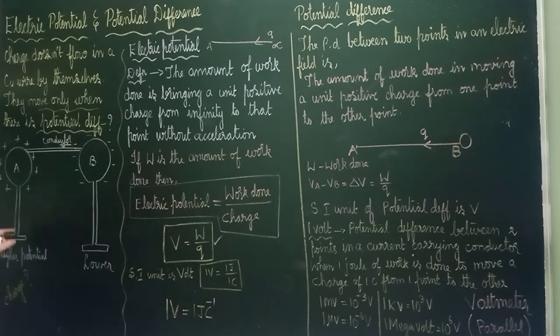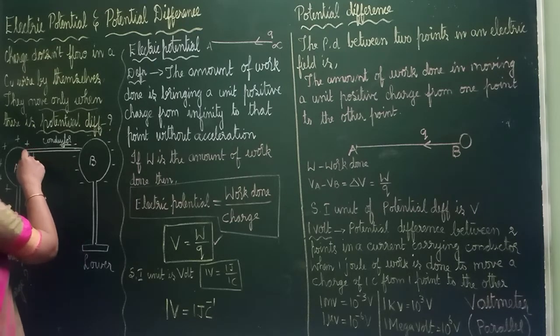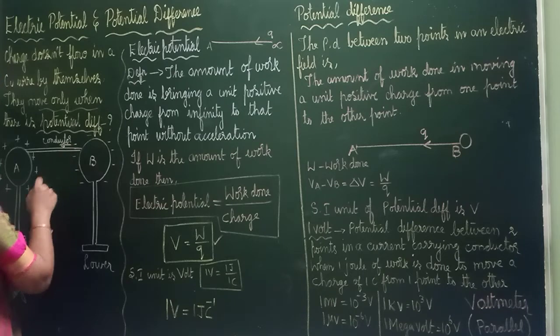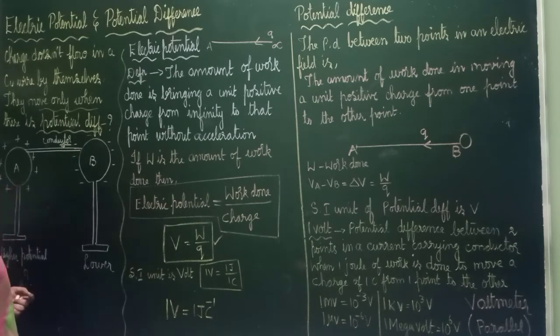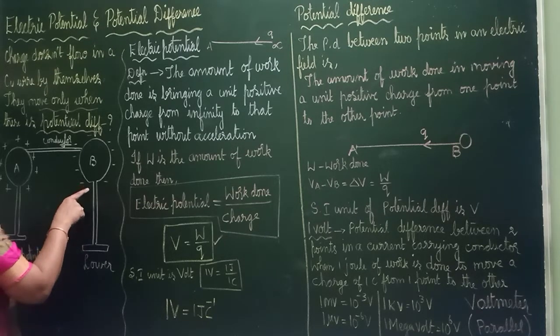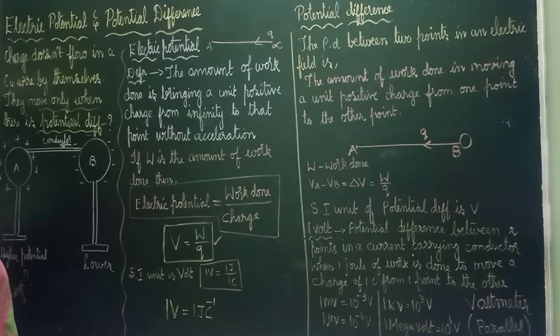If you take this as having higher potential, then this is having lower potential. If excess of electrons are there, then it is lower potential. If less electrons are there, then it is higher potential. See, for example, I am using a conductor in between. Okay, if you use a conductor and if it is charged, if you are allowing current to pass through, what happens? Automatically electrons will move from the negative terminal to the positive terminal, right? So keep this in mind.